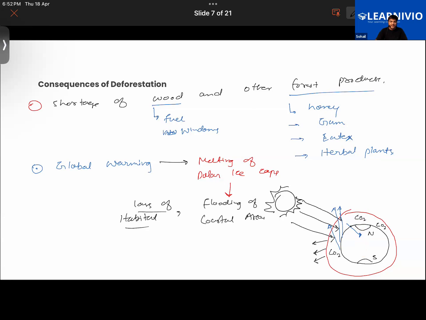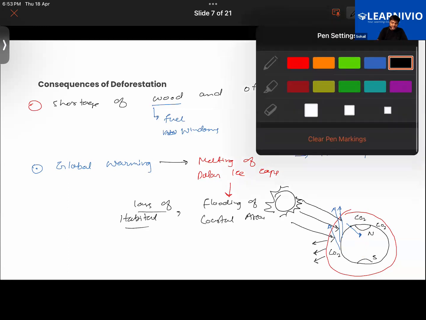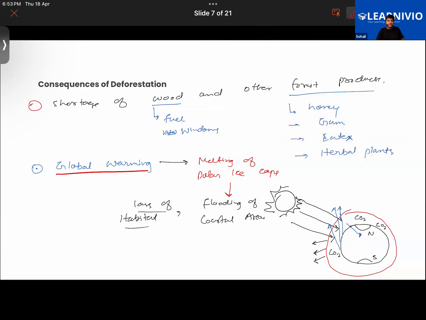So that is the thing, that it will lead to an increase in temperature of Earth, and it will have successive impacts. So global warming, what is it? Global warming is nothing but an increase in the overall temperature of the Earth's atmosphere due to the trapping of heat by gases like carbon dioxide gas. Apart from carbon dioxide gas, you have some other gases also. Like there is methane also.